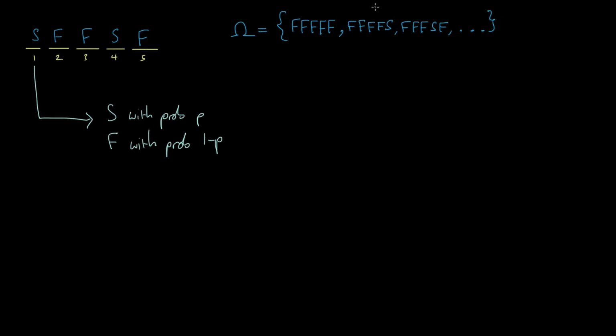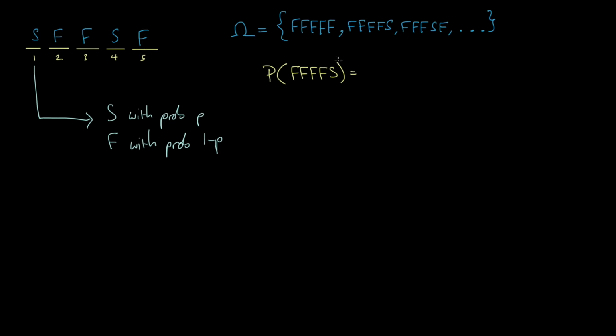Okay, so the first thing we want to do is to get our head around what the probability of a given one of these outcomes is. Let's try and calculate the probability of getting 4 failures and then a success: the probability of F, F, F, F, S. This is the probability of 5 different events occurring. It's the probability that I got a failure on the first trial, and a failure on the second trial, and a failure on the third trial, and a failure on the fourth trial, and a success on the fifth trial. But since these are independent events,